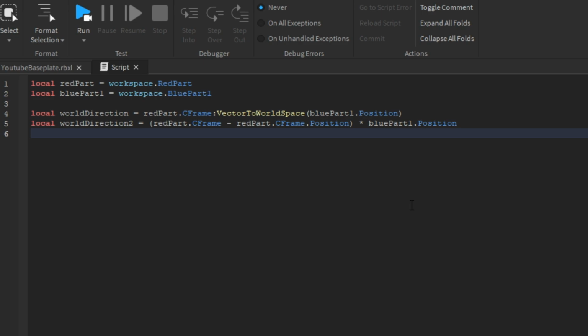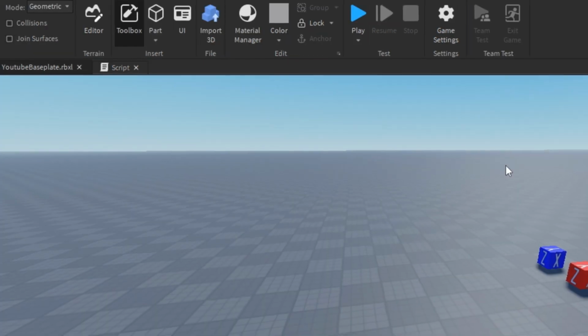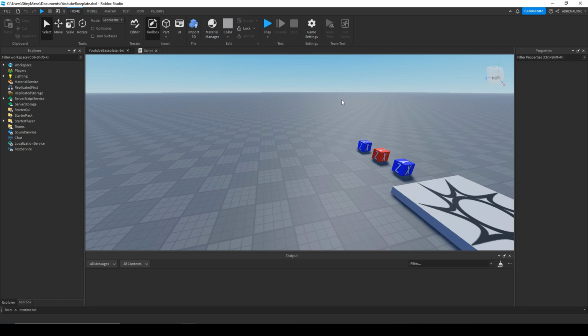VectorToWorldSpace takes a CFrame in object space and transforms its rotation into world space, returning a Vector3 representing the direction of that new rotation. It is basically just like PointToWorldSpace, except that instead of removing the rotational values, it removes the positional values. VectorToObjectSpace takes a CFrame in the world space and transforms its rotation into object space, returning a Vector3 representing the offset directional value to another vector. Again, it is basically just like PointToObjectSpace, except that instead of removing the rotational values, it removes the positional values. There's a lot going on in CFrames, and there are many functions that you can access to